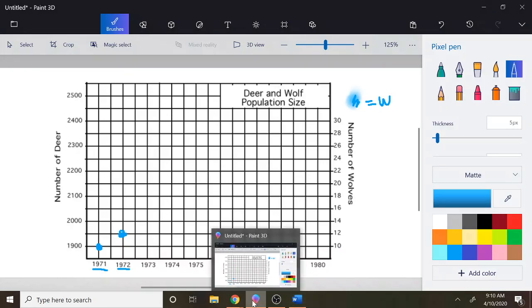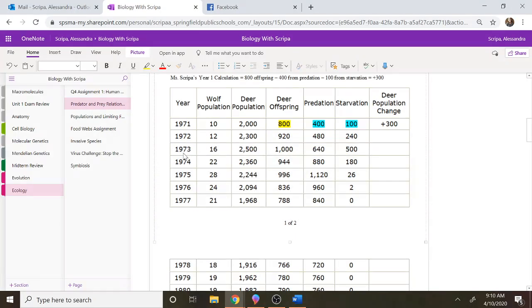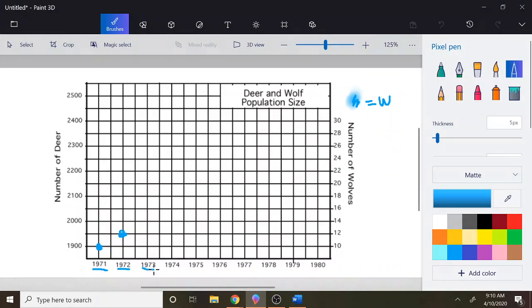And I'll do one more with the wolves, and then I'll show you how to do the deer. So in 1973, our third year, it says there were 16 wolves. So in 1973, we had 16 wolves. 16 is right here, is where I'm looking. So I'm going to bring it up all the way to where that line is and draw my next